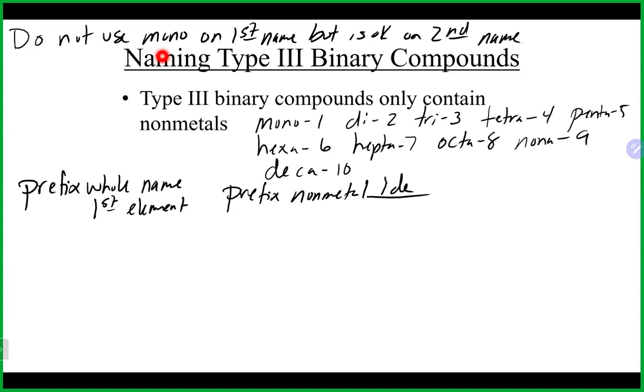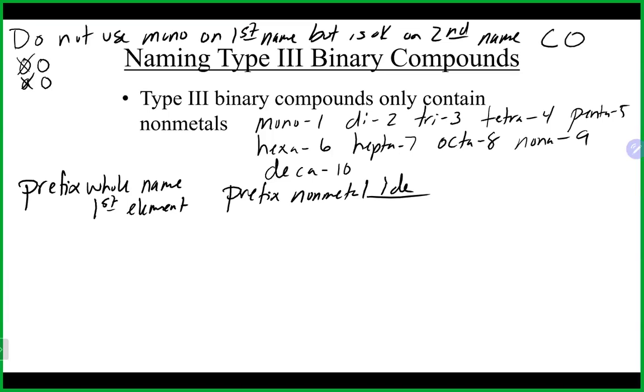In addition, because the prefixes end in vowels and the first letter of some of the elements are also vowels, sometimes you actually get two vowels that back up to each other. The two common problems are an O and an O, and an A and an O. And typically we would get rid of the vowel off of the prefix part of the name. So an example of that would be something like this: